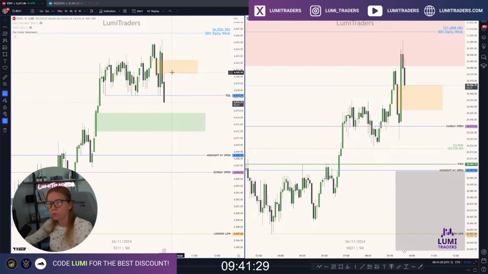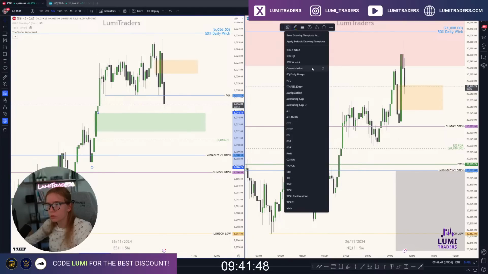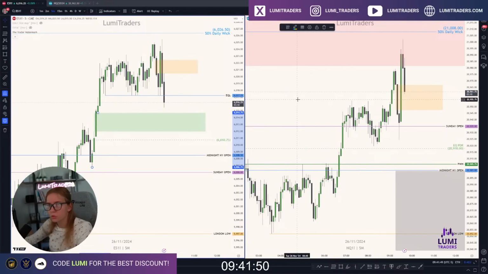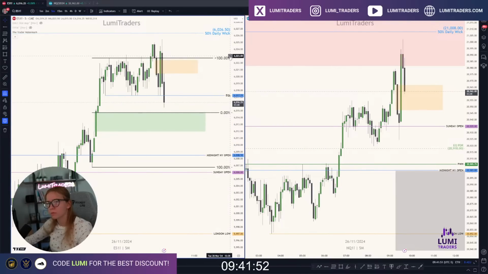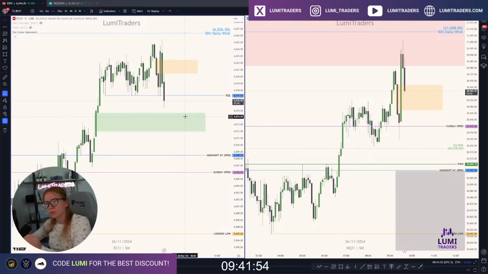Absolutely amazing move on ES. I did not take any trades yet, so I'm just watching right now. Looking for this 5-minute fair value gap, potential measuring gap, but in my opinion, this measuring gap played out already. Let's place the measure from this low to the top of this fair value gap and project. Where is my projection? Yeah, it played out already. So now we can easily test this fair value gap.